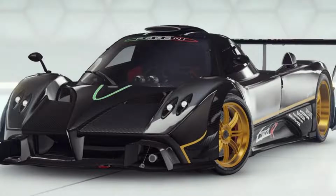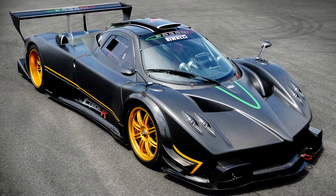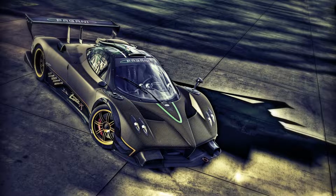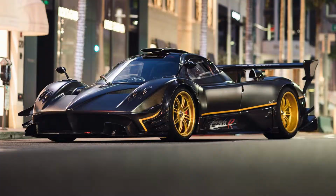The Pagani Zonda R is a track day car developed and manufactured by an Italian sports car manufacturer. It debuted at the 2007 Geneva Motor Show using an engine sourced from the racing version of the Mercedes CLK GTR to compete with other similar vehicles such as the Ferrari FXX or Maserati MC12 Corsa, which are not legally road capable but have much in common when it comes down to their shape, despite being new models completely separate from previous generation cars like so many others out there today, nearly